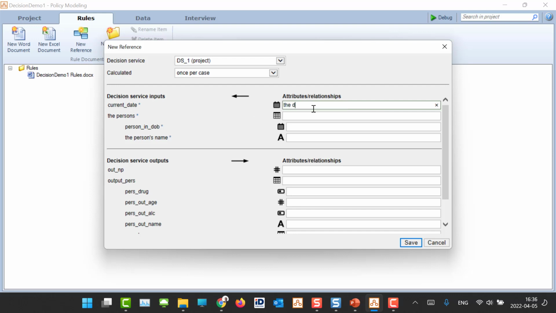So if I type the date of the interview, the attribute will be created in my Oracle Policy Modeling project. As regards the person's input object, I have an entity with a containment relationship called the people. The persons in italics is referring to the text that was used in the decision service. So I have to be sure to select that which refers to my containment relationship. The person's date of birth